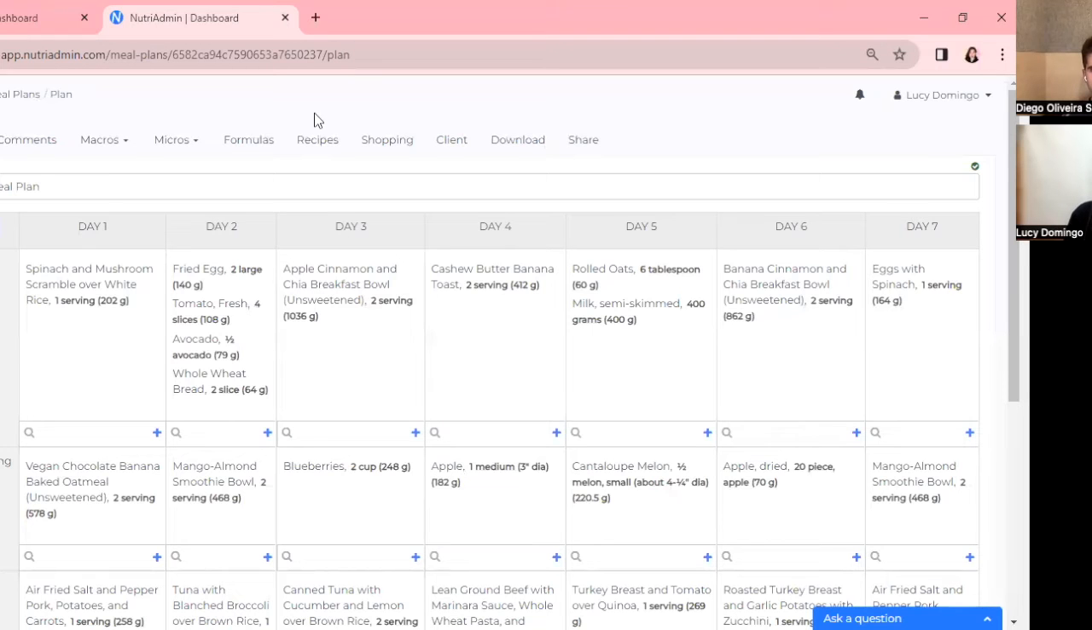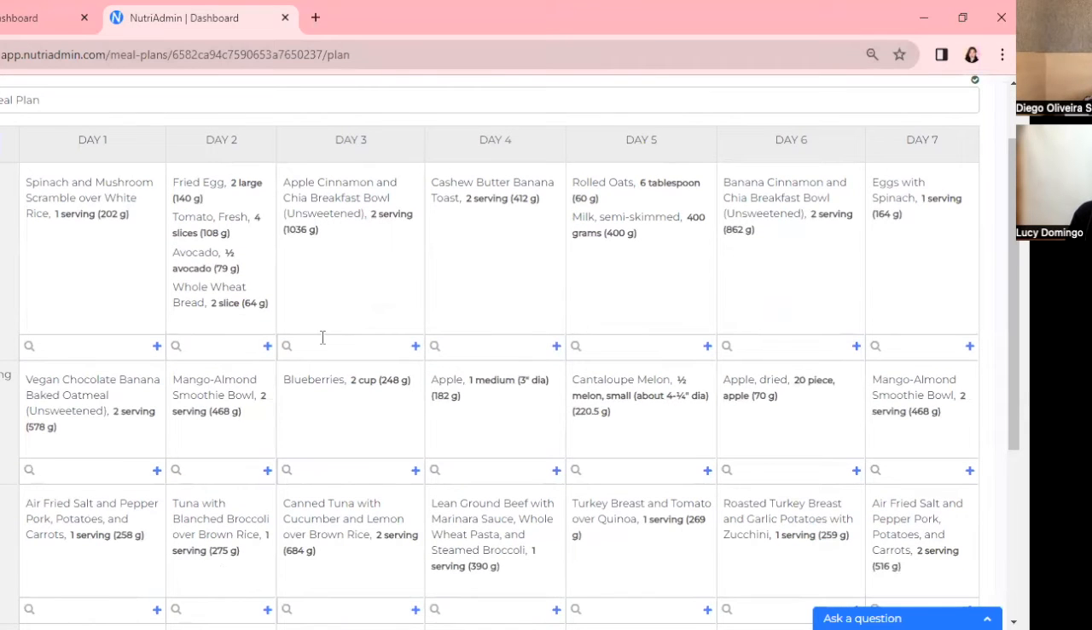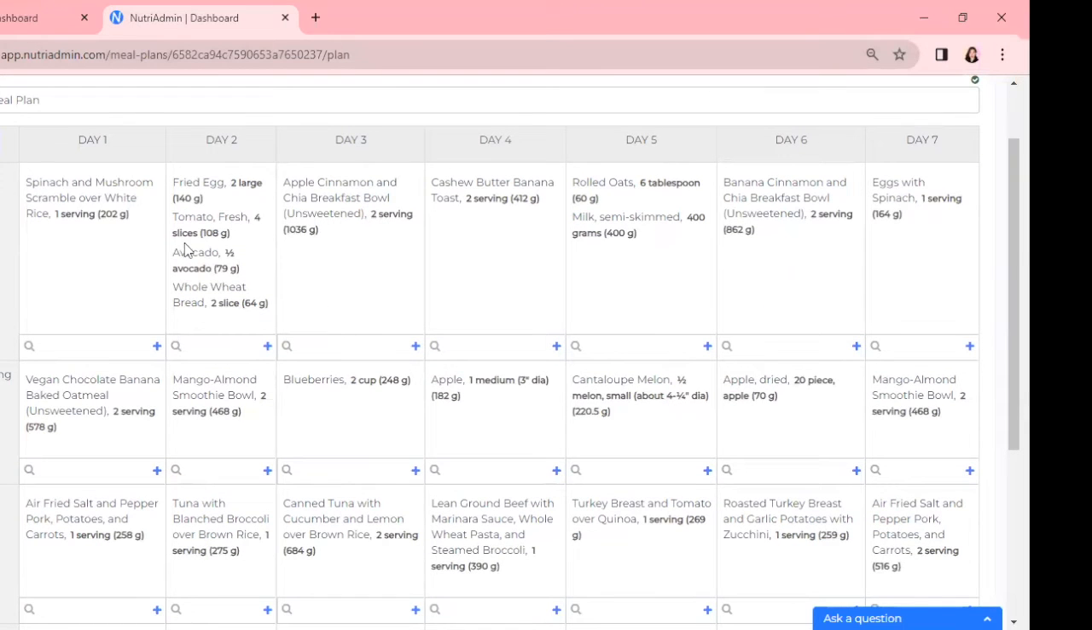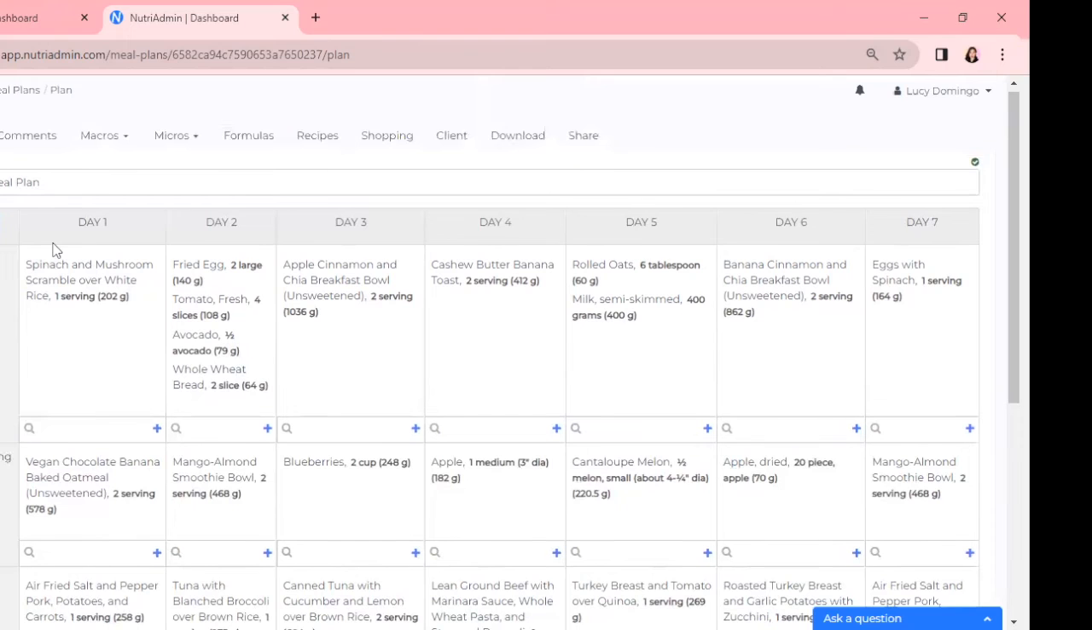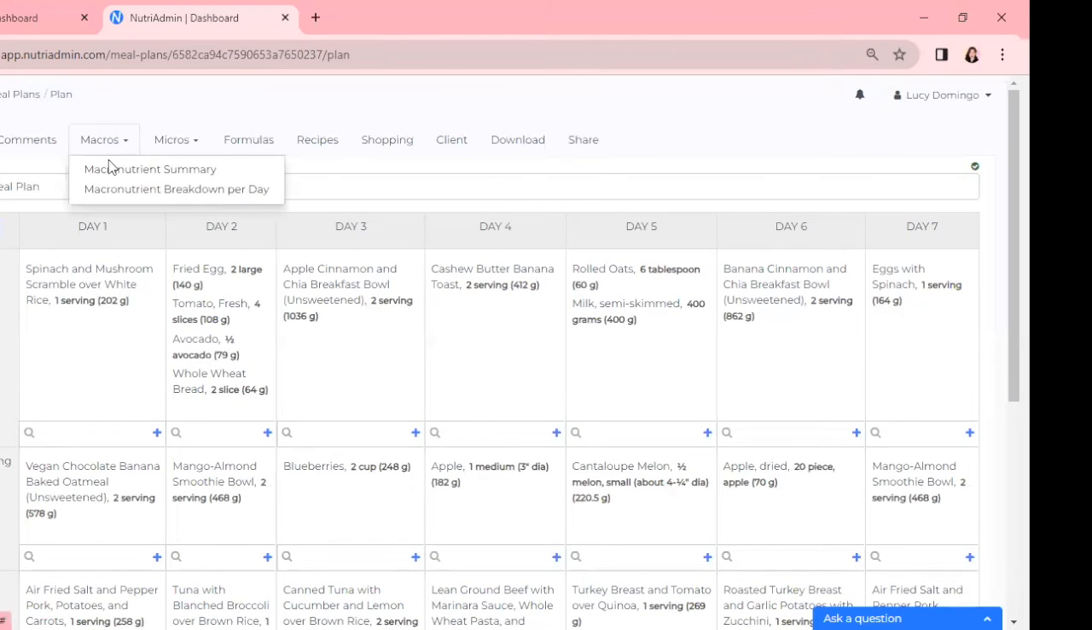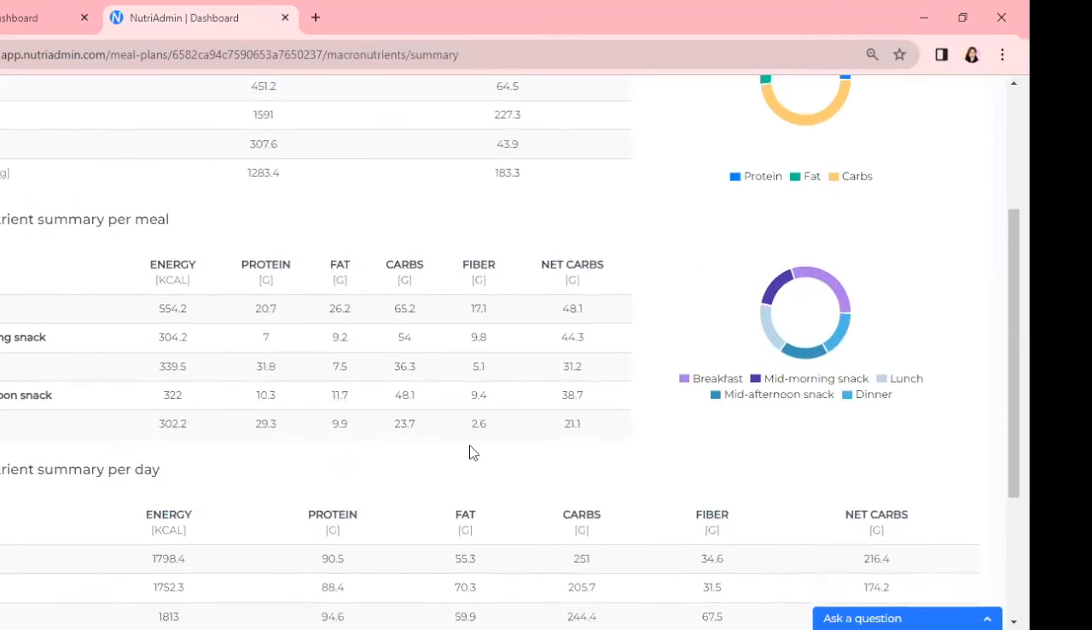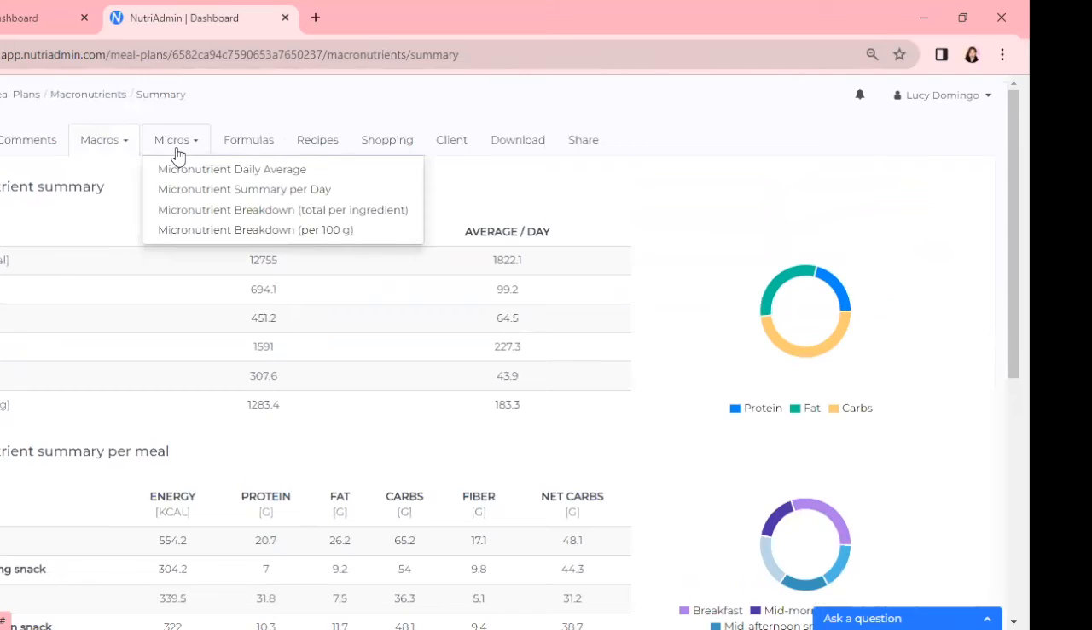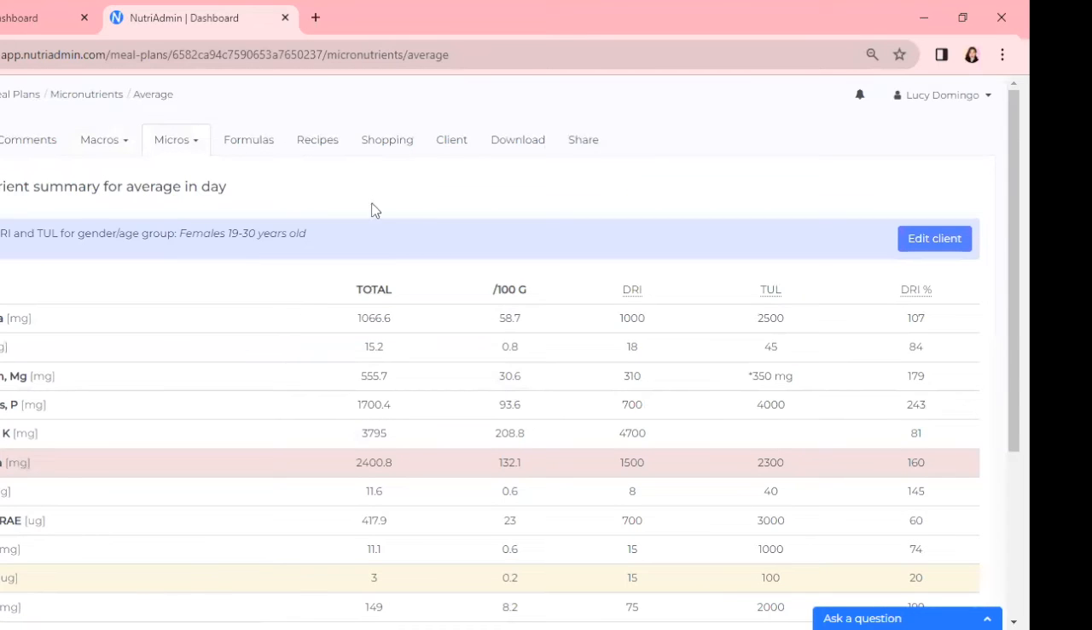So let's look at the meal plan for NutriAdmin. So here's how it would look if you make your own meal plan on NutriAdmin. You can really see the macros in each plan. You can also see the micronutrients. You will have highlights, you can see in the macros how it's highlighting that this particular plan is too high